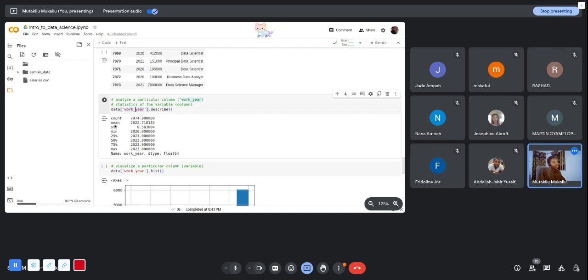So when we do the dot describe, it tells us the mean, or the average year in the data set, and that is 2022.7. But since a year is a whole number, you have to round it to the nearest whole number. That is going to be 2023. So the mean, or the expected year, is